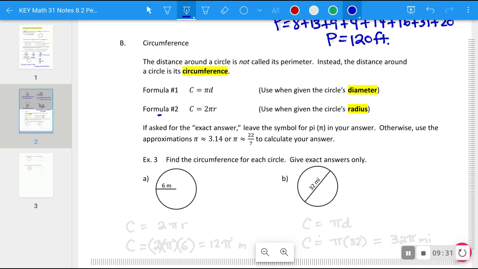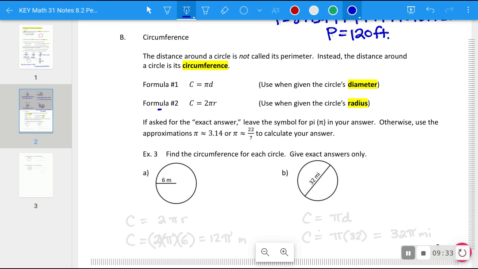Okay, the last section on this is the idea of circumference. And it's grouped together with perimeter because the concepts are the same. You're trying to measure the distance around the object. But here the object is always a circle, and hence the name circumference. You can see kind of the start of the word is talking about a circle. Now,